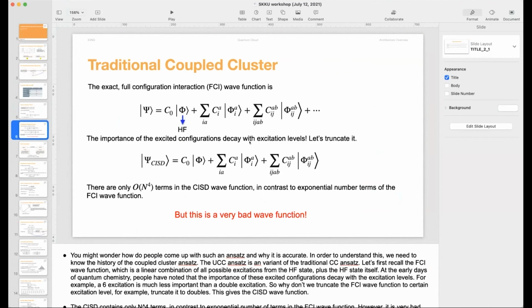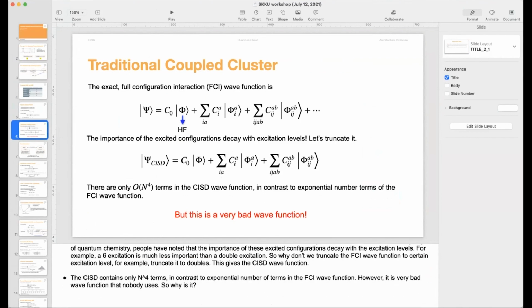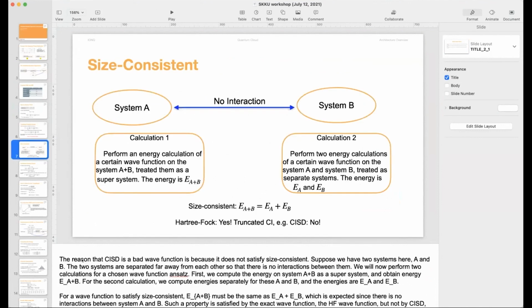So why don't we just truncate the full CI wave function to certain excitation levels? For example, let's just truncate it to doubles. This gives the CISD wave function. The CISD wave function contains only n to the 4th terms, in contrast to the exponential number of terms in the full CI wave function. However, this is actually a very bad wave function that nobody uses these days. So why is it? The reason that CISD is a bad wave function is because it does not